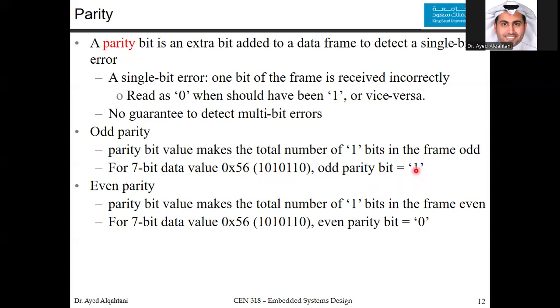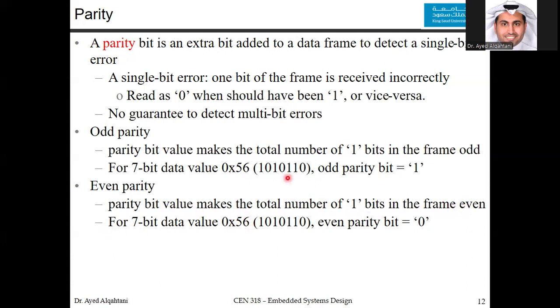parity equal to 1. So the number of ones, when you count them, becomes 5, which is actually an odd number. That's the way to implement the odd parity. The even parity is the same, but the definition here, instead of odd, is even. So the parity bit value makes the total number of ones